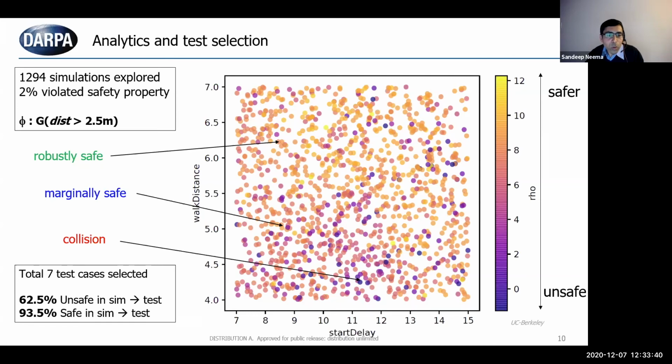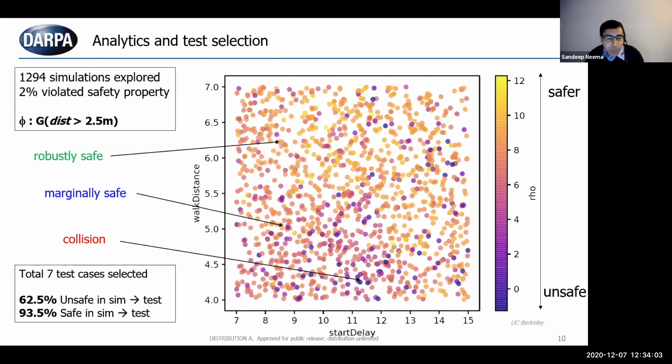And now you characterize these, and then basically you pick a set. So this is not surprisingly different from the classical notions you have in testing where you choose some test cases which are positive test cases, some that are negative, and some that are on the boundary. So he chooses a set of test cases from here,